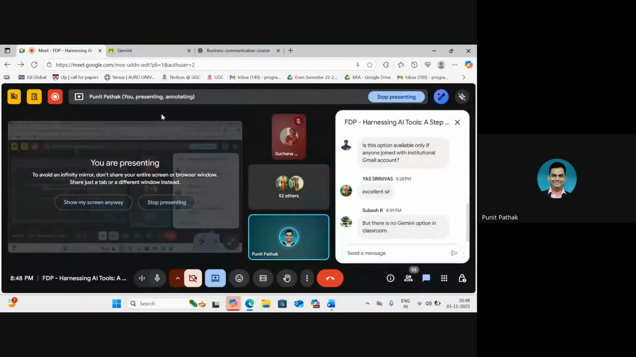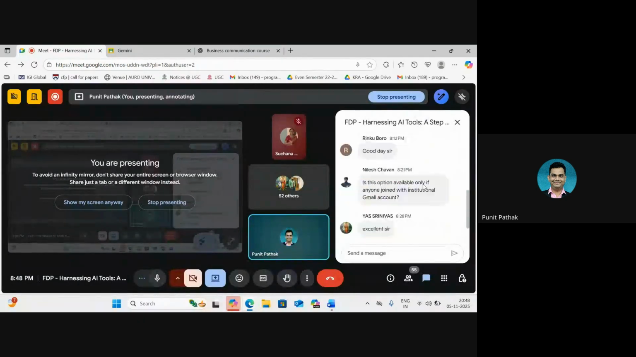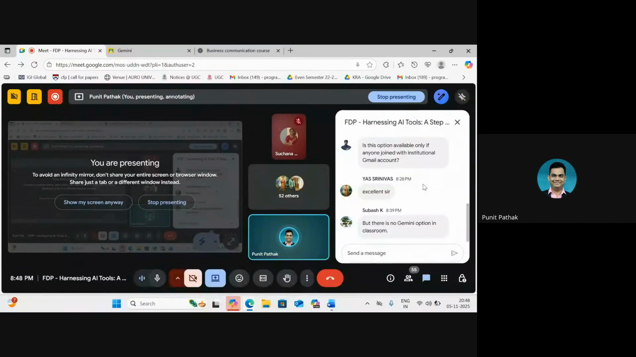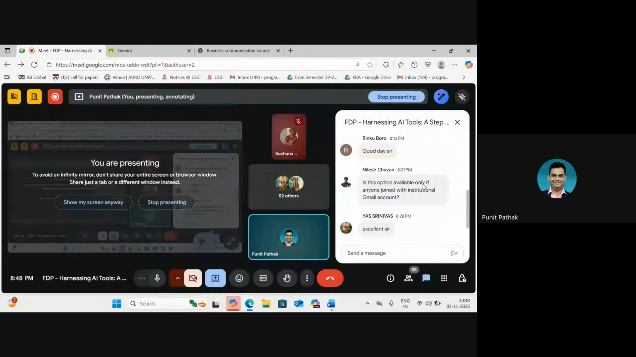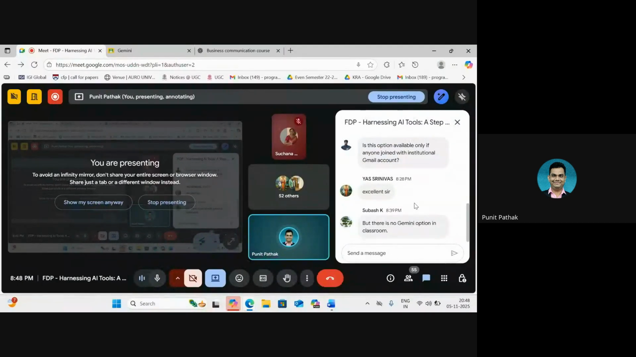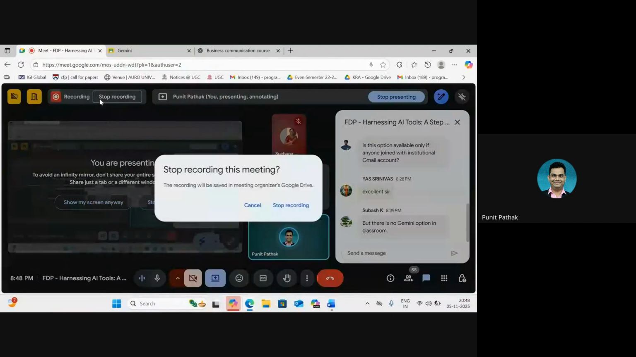I'm going to stop sharing my screen, and I can right away see some questions. I think I mentioned this in the beginning. This Gemini option will be available in Classroom if you are accessing the Google Classroom with your institutional email ID. It will not be available in the